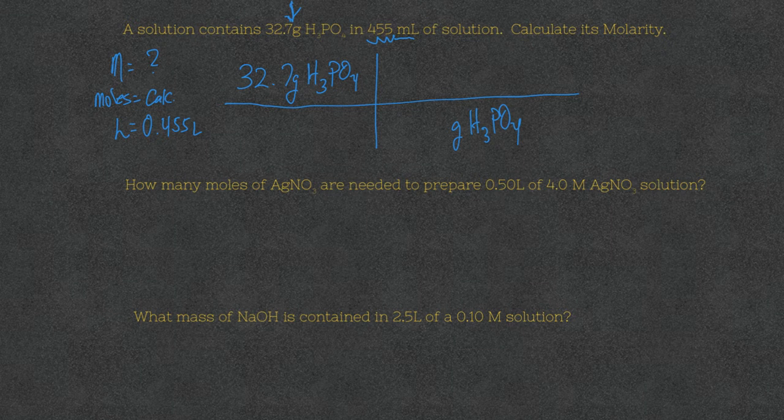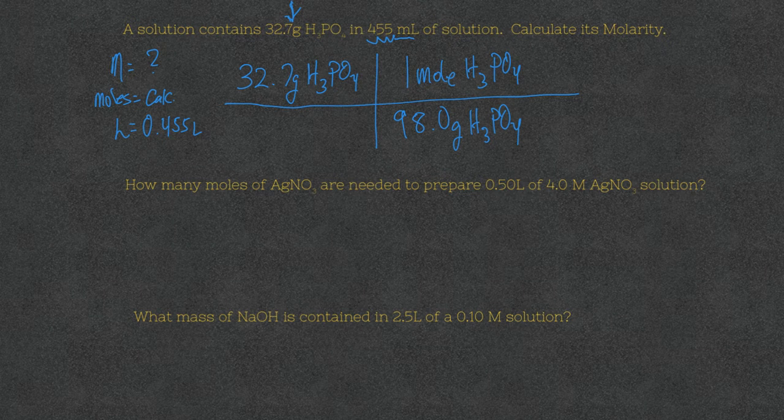And we just have to look up on our periodic table what the molar mass of H3PO4 is. So there are 3 hydrogens at 1 gram each, plus 31 grams for phosphorus, plus 16 grams of oxygen, but there's 4 of them, so that's a total of 64, giving us a total of 98.0 grams for our molar mass. And that is the mass of 1 mole of